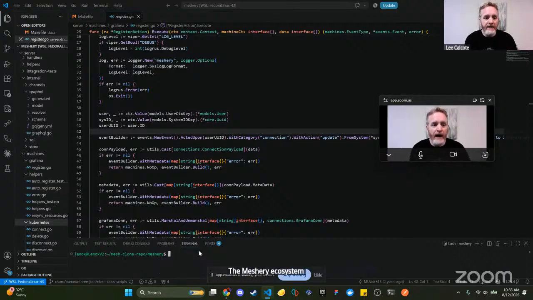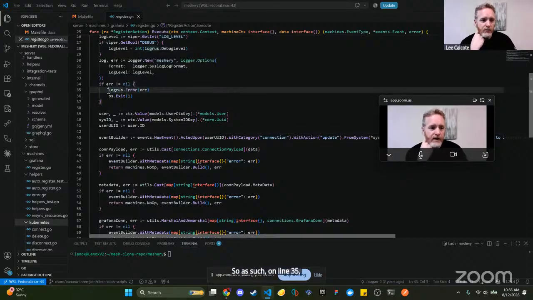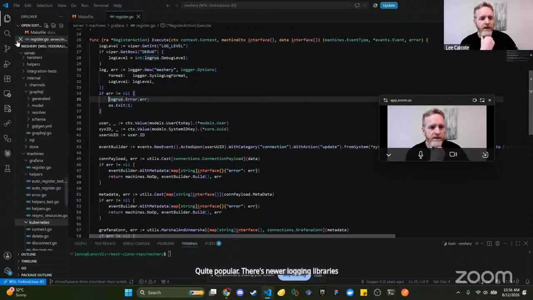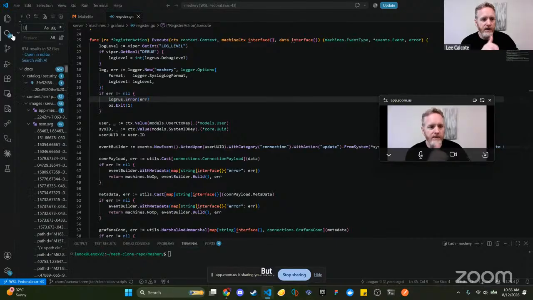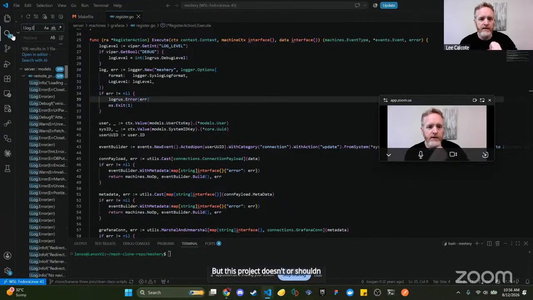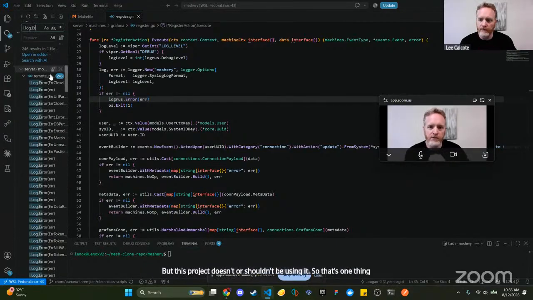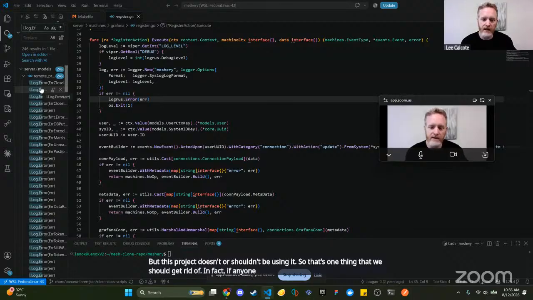So as such, on line 35, we as a project do not use Logrus. That's a logging library. It's quite popular. There are newer logging libraries. But this project doesn't or shouldn't be using it. So that's one thing that we should get rid of. In fact, if anyone has an AI, an LLM next to them,